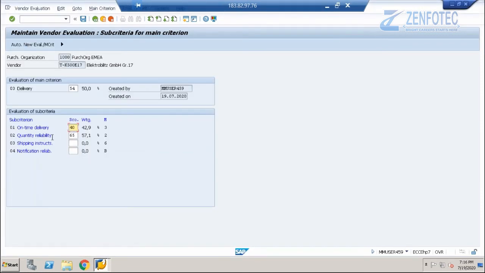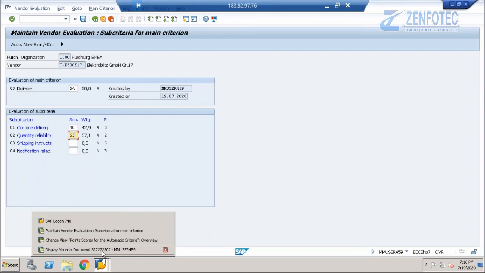Let us see what is the score. It is quantity reliability, 65%. So why has 65% come? Let us understand that. So 100 minus 90 divided by 100, there's a 10% variance, correct? So we'll go to the maintain vendor evaluation.